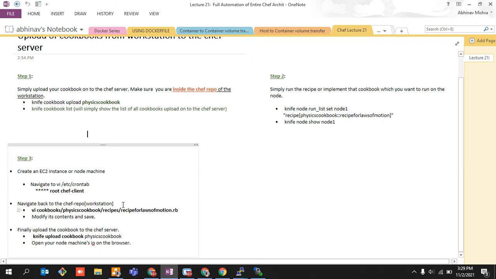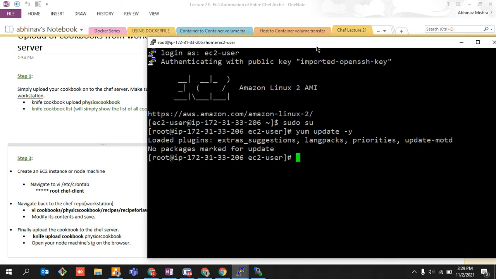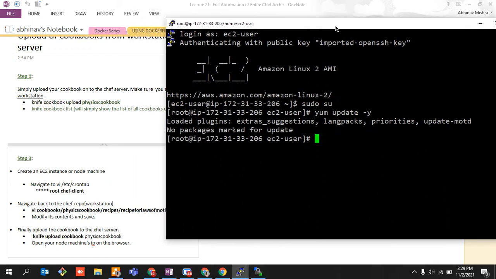We have already created our EC2 machine, so no need to create it. But if you wanted to do this lecture separately, you had to create that. So just go to this particular location of your created machine. Now, what you are going to do? Only one thing: you are going to specify the schedule. Like I am the node machine, so you need to give me a directory so that I can feed it in my mind. And every time when something happens, I am going to keep checking it, like today, tomorrow, right? So you can just program me like a robot. So I'm just going to program it like a robot over here.